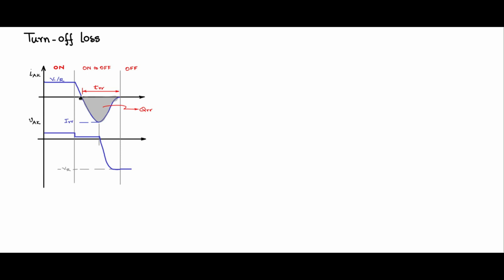So what we will do, we would like to estimate this charge, which means that we would like to find the area under this curve here, the gray shaded area. We can do a small approximation, make it into a triangular waveform. This will be a good approximation, easy to calculate. So now the area of this triangle will give you QRR. So QRR is nothing but half base into height, half TRR into IRR, the reverse current.